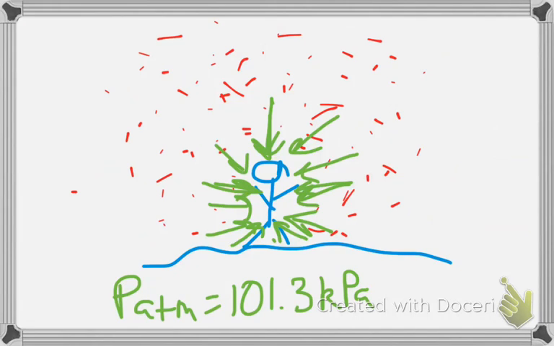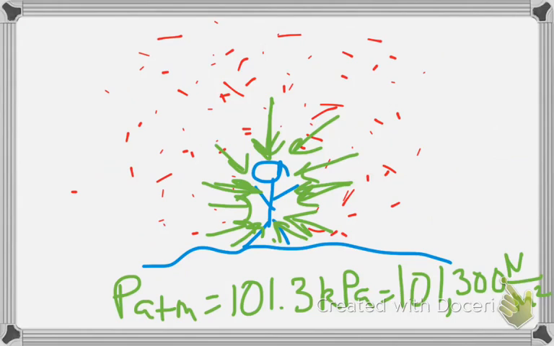Okay, 101.3 kilopascals. This is a metric unit, so it's 101,300 newtons per meter squared. Remember, that's what a pascal is. It's a newton per meter squared. So that's atmospheric pressure. Now think about what it would be like if the inside of your body did not